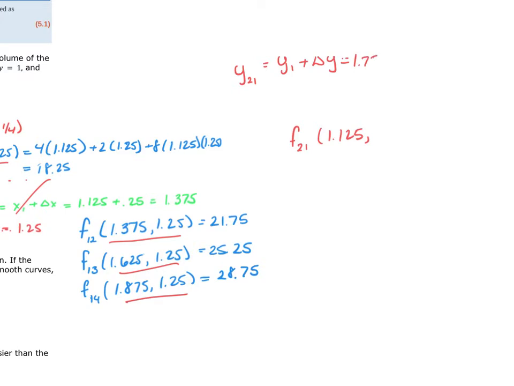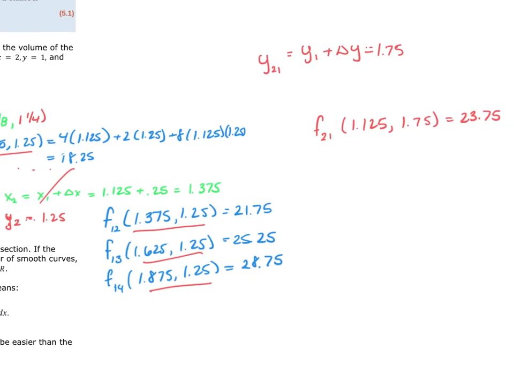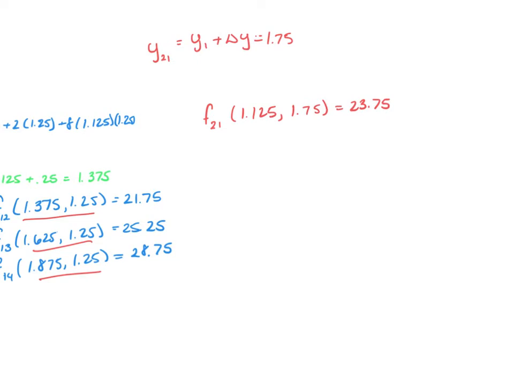1.75. So I have 1.75, and I would put that into my original function, and I get 23.75. Now, I would do the same thing for all the rest of those boxes. So there's a lot going on here. And then to find the solution, and thankfully on the homework, I would just recommend that you use a spreadsheet